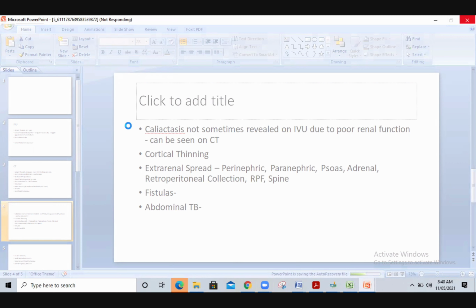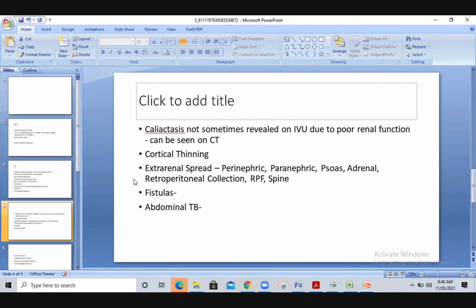What else? What is important is that when you look at IVU, we tend to forget that there is a procedure called nephrotomography. If you combine a nephrotomogram with a standard IVU, you will be able to see these areas within the parenchyma clearly. The nephrotomogram was ideally used to look at renal mass lesions, especially carcinoma and all the rest of it.